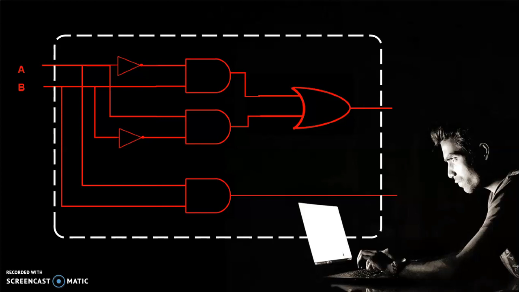So this is our logic circuit implementation for the half adder. At the input side we have two terminals available, that is A and B. Same way at the output side also we have two terminals available, that is sum, that is A bar B plus A B bar, and carry, that is A dot B. So with the help of basic logic gates, very easily we can implement the logic circuit based on the Boolean functions we have obtained either from the K map or from the truth table.